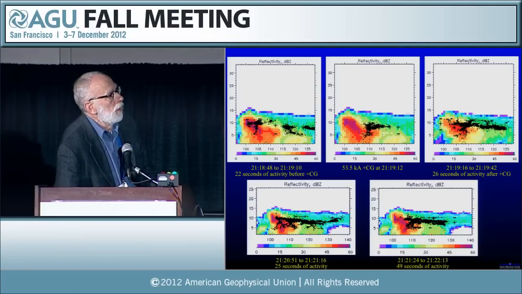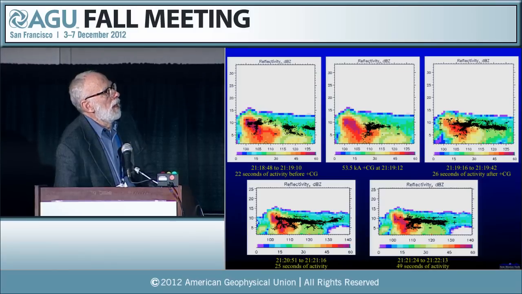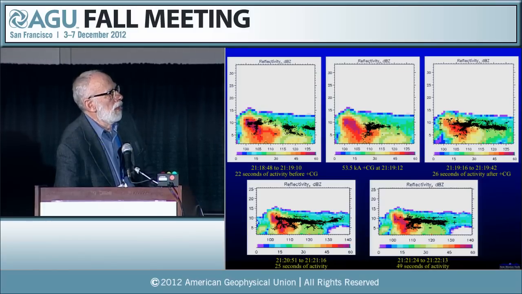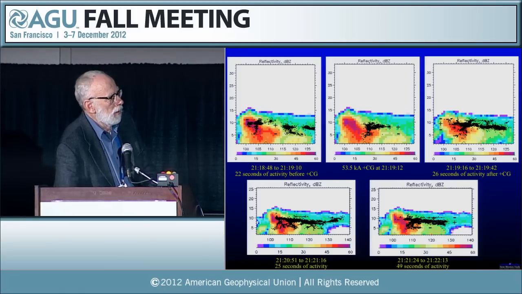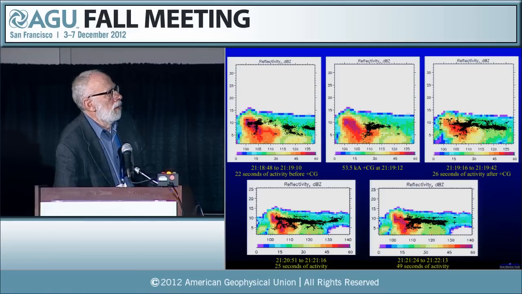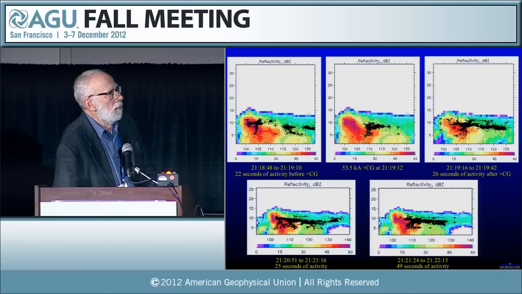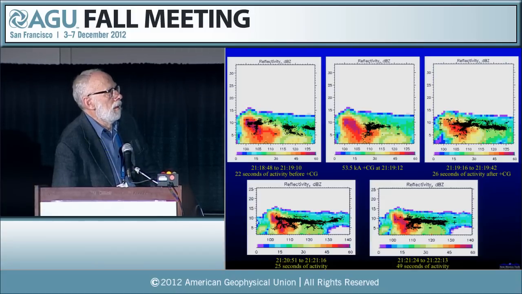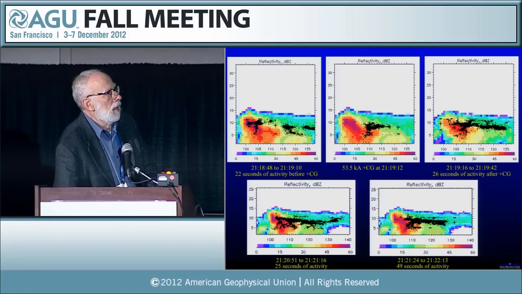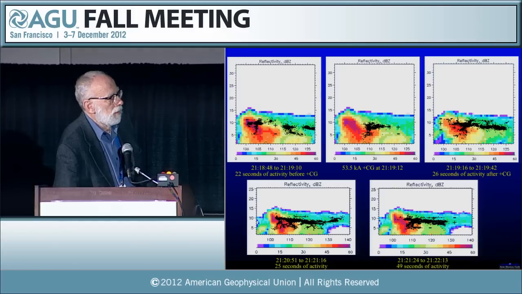And then these simply show radar overlays and lightning sequences at various times during the early stages of the storm. Basically what this illustrates, if you look at the two bottom plots, is that the structure, at least downwind of this, was what can be called an inverted tripole, namely positive charge sandwiched between upper negative and lower negative, with the positive charge being dominant.